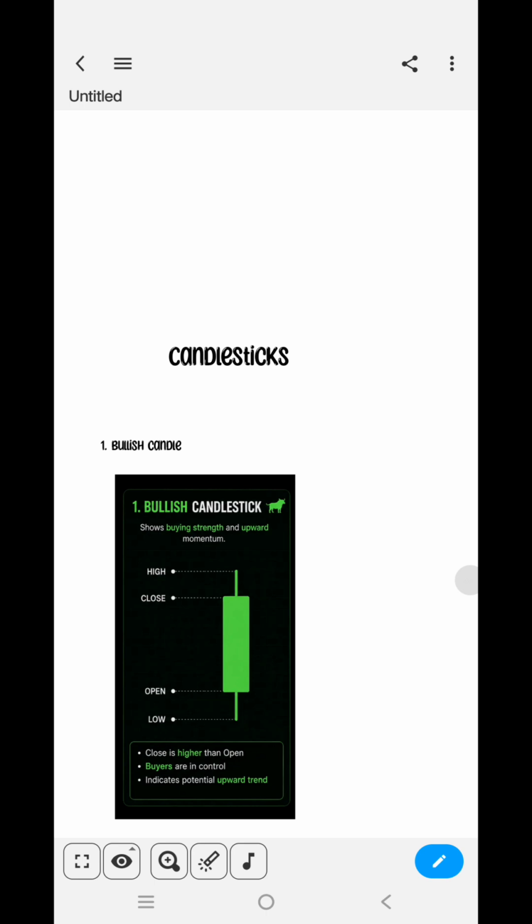So today I will teach you 3 basic candlesticks and 3 powerful candlestick patterns. Our first candlestick is the bullish candlestick. The bullish candlestick forms when the buyers are so active in the market and the sellers are not so active, when the buyers are more active than the sellers. The price closes higher than where the candle opened.